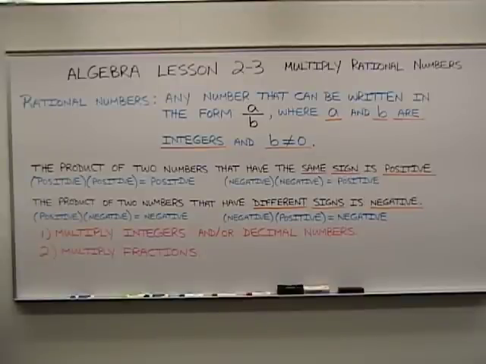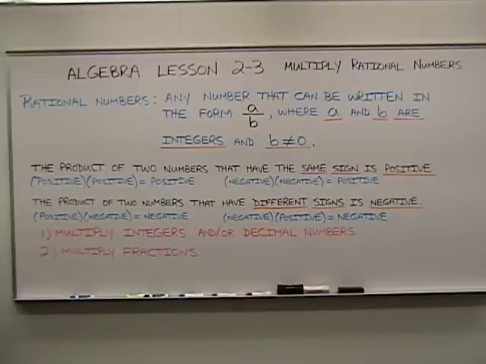So let's look at the other key concept. It says that the product of two numbers that have different signs is negative. And again, in a little bit easier terms, what that means is that if you multiply a positive number times a negative number, the answer is going to be a negative number. Or if you multiply a negative times a positive, you're going to get a negative answer. So once again, to just have a quick recap, the product of two numbers that have different signs will be a negative answer. Now, please remember those two key concepts because they're going to rule the multiplication problems we're going